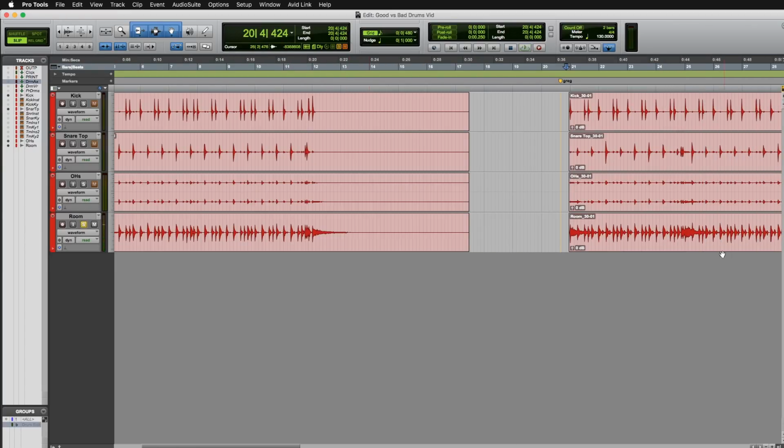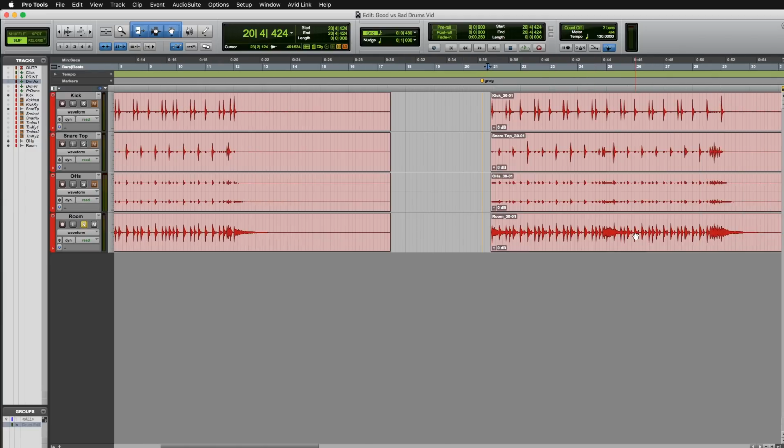You're hearing a lot more cymbal in that room mic. And that means if I want to bring that up in the mix to get more big, roomy drum sounds, I'm also bringing up all this extra cymbal wash that I probably don't actually want. That brings up a really big difference when it comes to an okay drummer and a really good drummer in